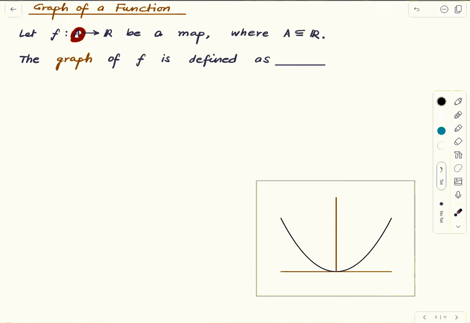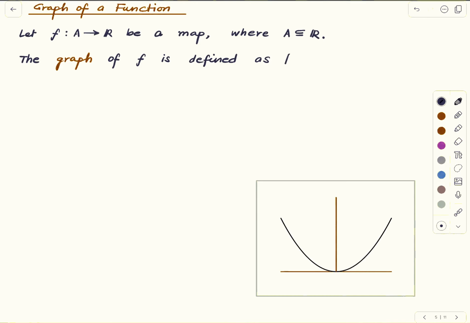Well, and if it is just some arbitrary subset, we may not be able to draw it very well. If it is a really messed up subset, like let's say the set of rational numbers, it is very hard to draw it. But it doesn't matter. We can still define what is meant by the graph of this function. So how do we define it? The graph of f is defined as